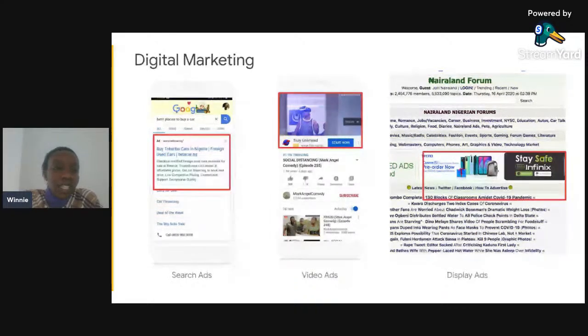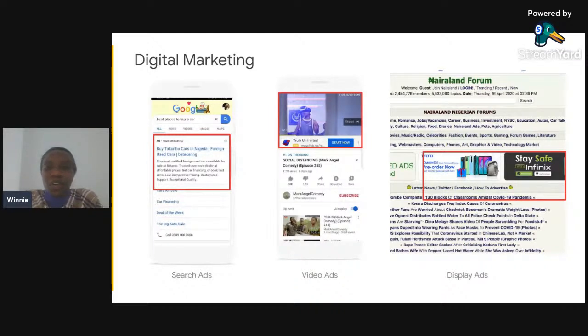This here is a video ad as well. This is a display ad as well. Just to give you a bit of clues, this one is a search ad. Somebody goes to the internet to search for something, and they are able to see an advertisement of that product online.